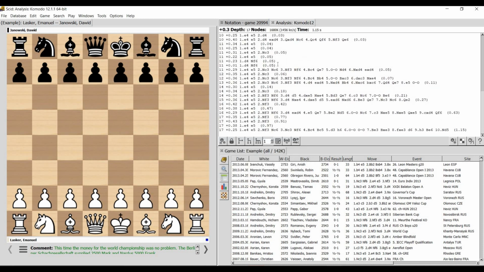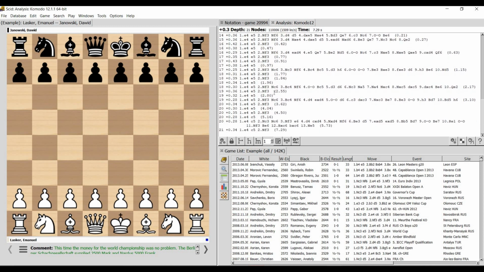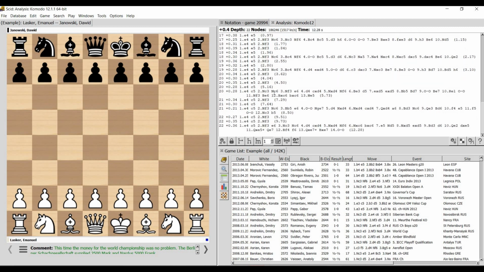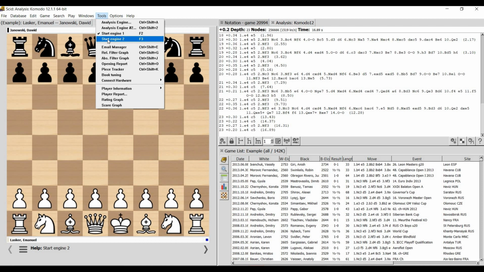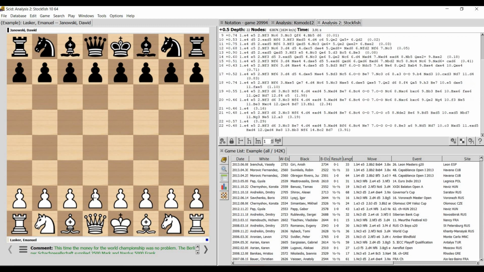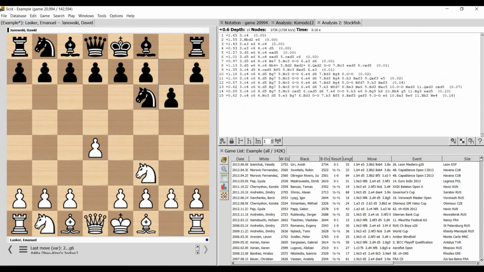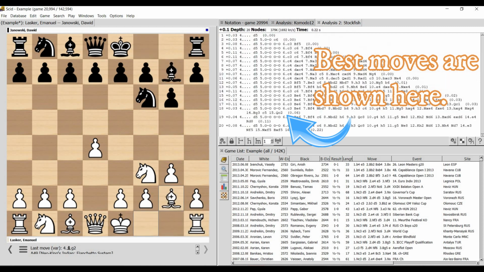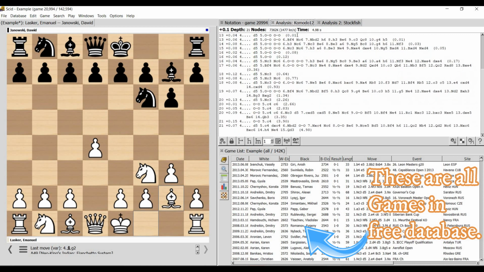Once you do that, the Komodo engine loads, and now this analysis is being done by the Komodo engine. Every engine has a different analysis. You can compare this with Stockfish as well. You can add one more engine, that is Stockfish, by clicking on Start Engine 2. So there are two engines right now. On the left hand side it's Komodo and on the right hand side it's Stockfish. Any move you play, it will keep updating the possible moves that it suggests. Whichever variation you choose to play in the opening or the middle game, or whichever analysis you do, you can do it using either Stockfish or Komodo 12.